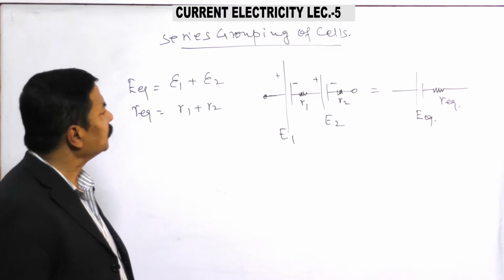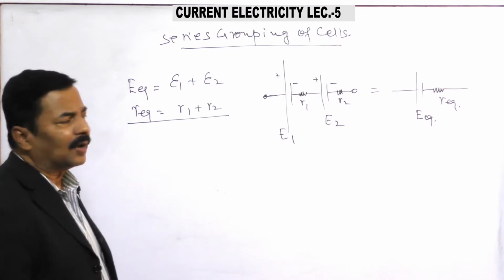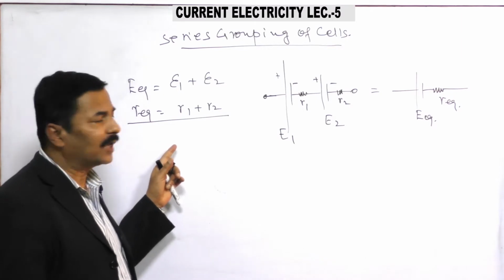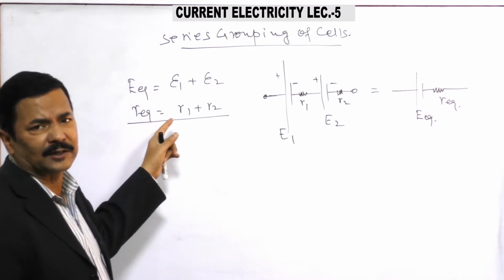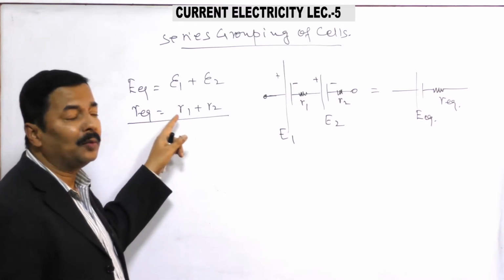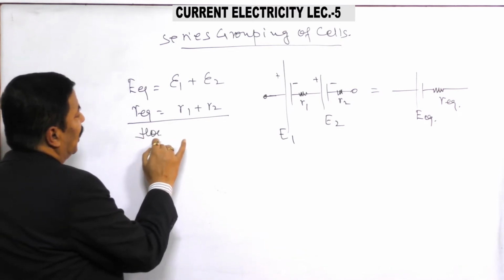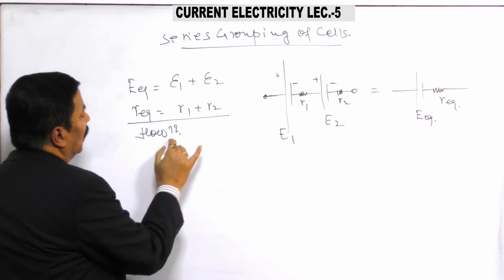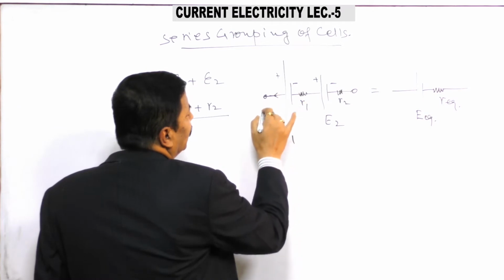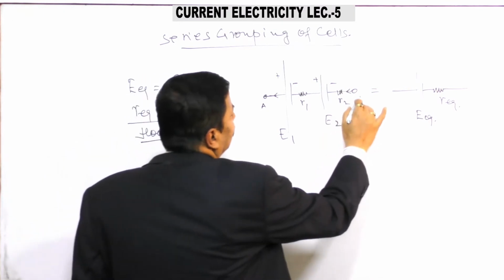Now, how has this relation come? In the exam you will directly use this relation, but for your better understanding and confidence, I am giving you the proof also of how it has come. So let us try to understand how. Basically the current is going in this way, A, and here the current is coming in this way, B.